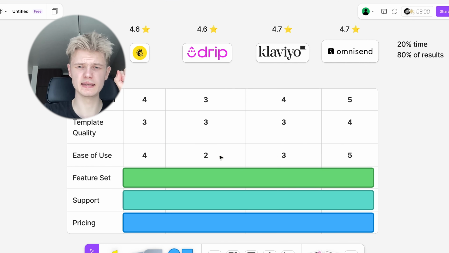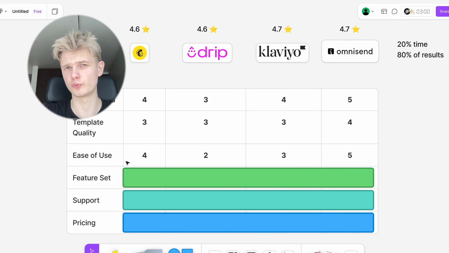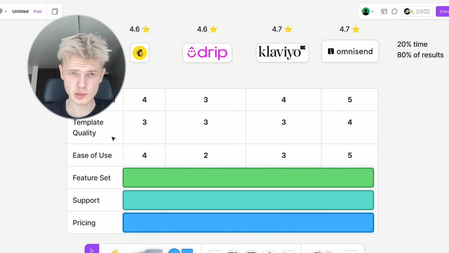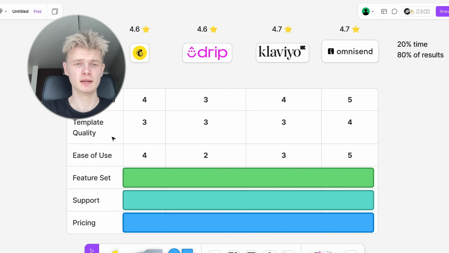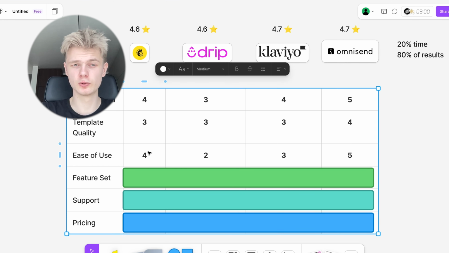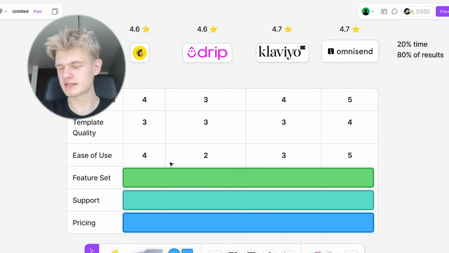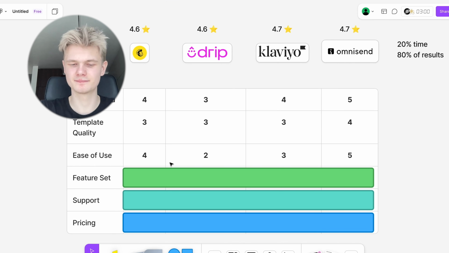So then there is ease of use. Well, ease of use is first of all speed, how fast the software works, UX, UI, how good it looks and how easy it is to navigate the software interface. So MailChimp is actually, I love it. It is fast, it is good looking, and sometimes it has some strange things, but you will get used to them. And oh yeah, MailChimp is a strong 4.